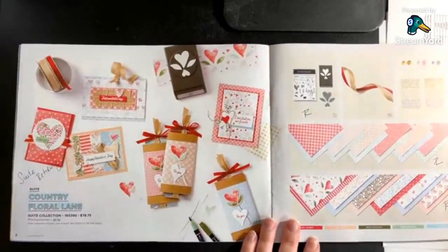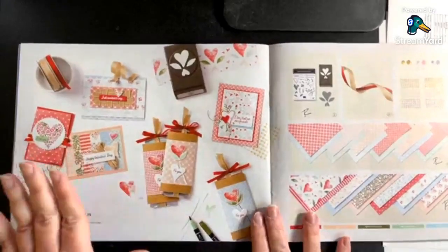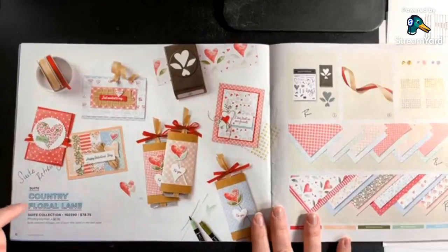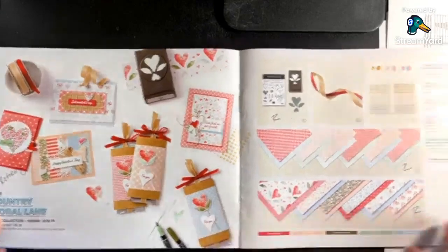It is very typical that suites go when a catalog retires, a suite option. So Country Floral Lane, the suite option is retiring. And then over here, I'm going to try...